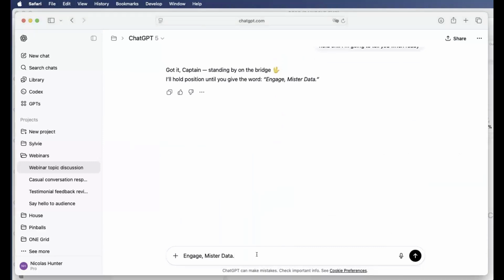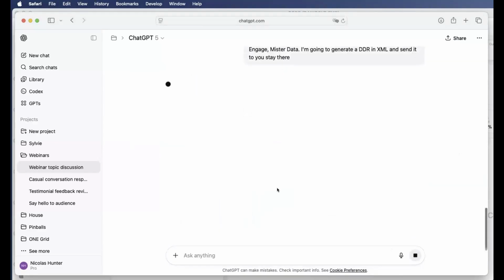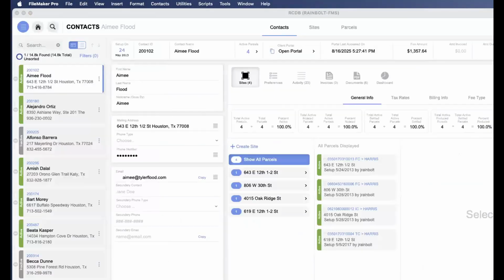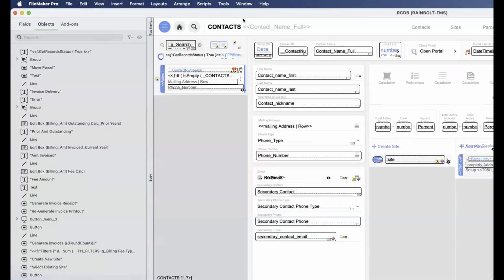I'm going to generate a DDR in XML and send it to you. So stay there. Okay, so now he knows. What I'm going to do is, I have this file here, which is one of my biggest.